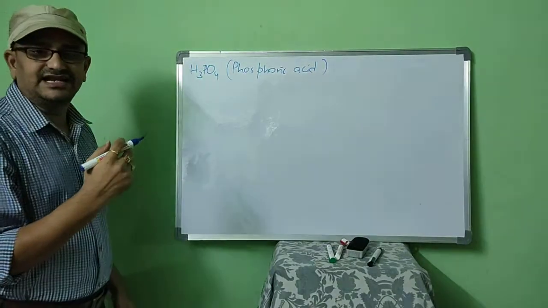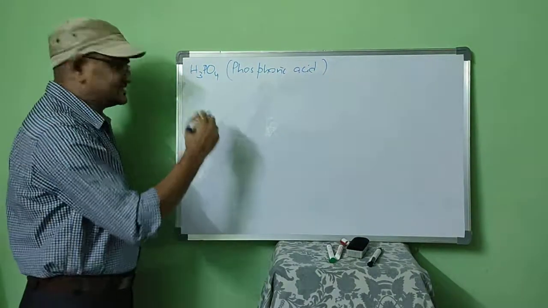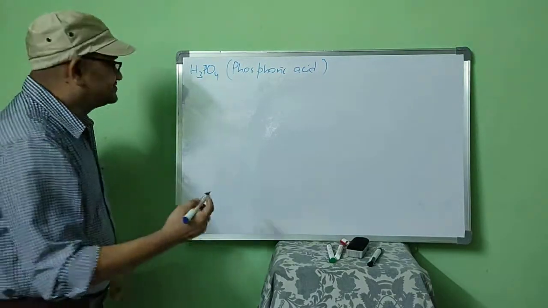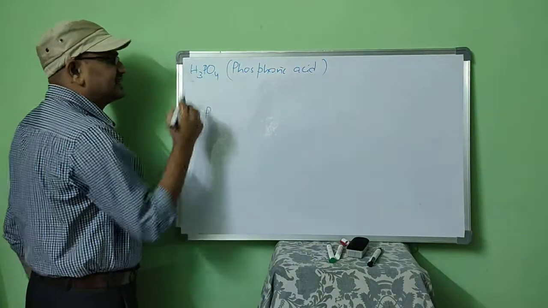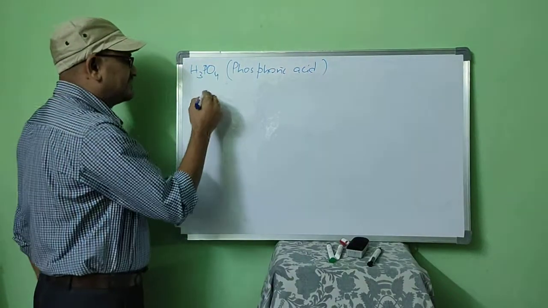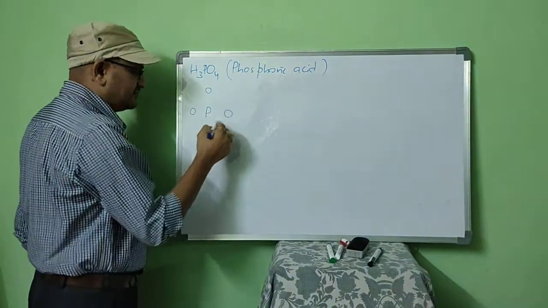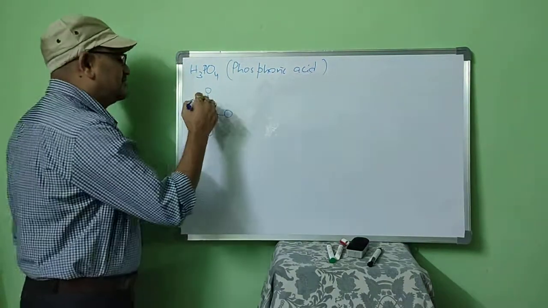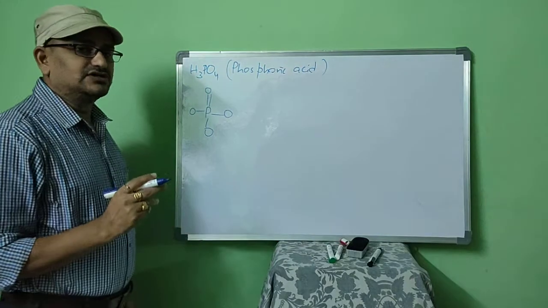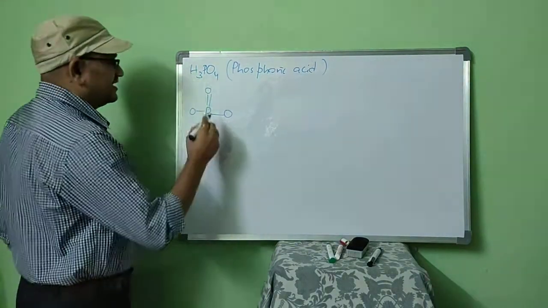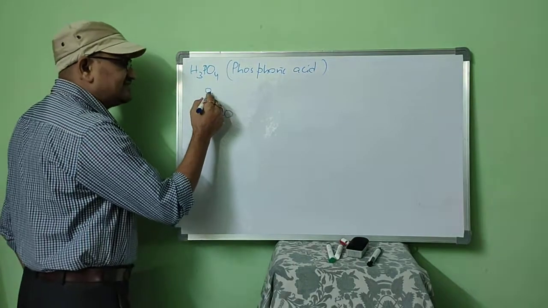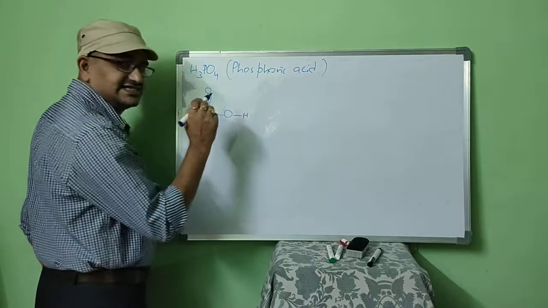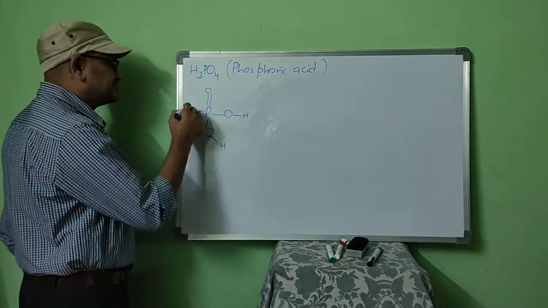Phosphorus has how many valence electrons? Phosphorus has totally 5 electrons. So maximum it can form 5 bonds. It is surrounded by 4 oxygens, if you notice. So 1, 2, 3, 4, and the 5th bond is made with one of the oxygens, because all oxygens are bivalent. Now as oxygen is bivalent, this valence is fulfilled. The first valence is connected here, the second valence is with hydrogen, the second valence is with hydrogen, the second one is with hydrogen.